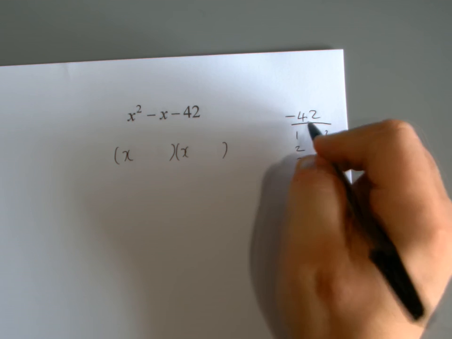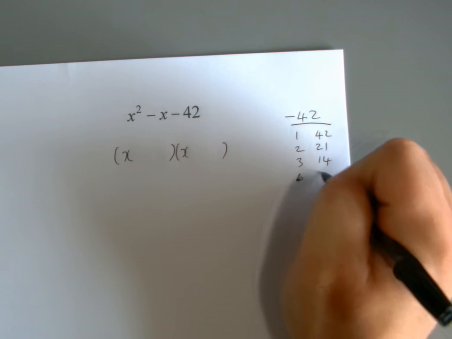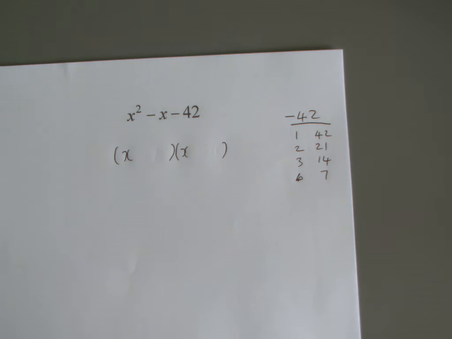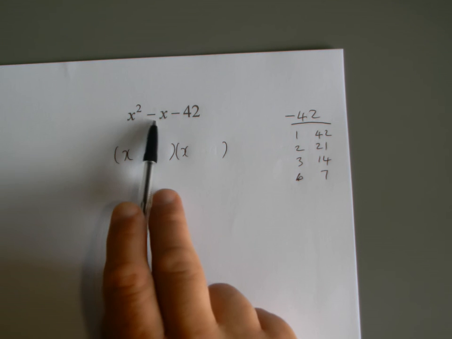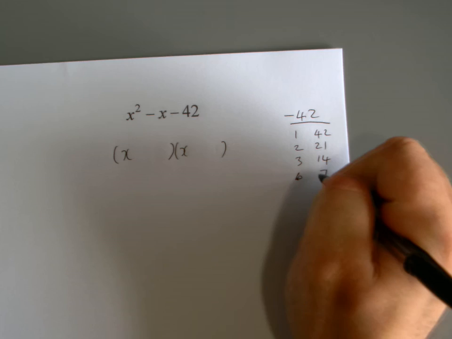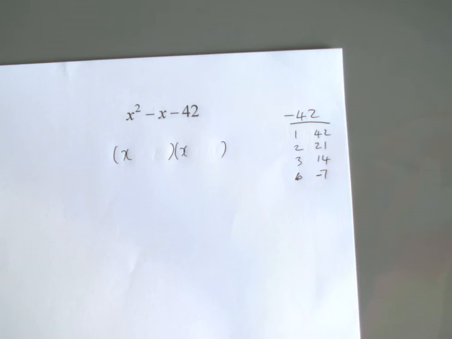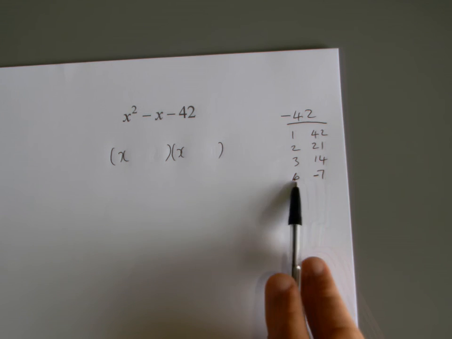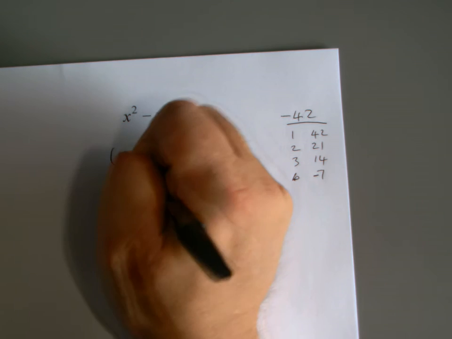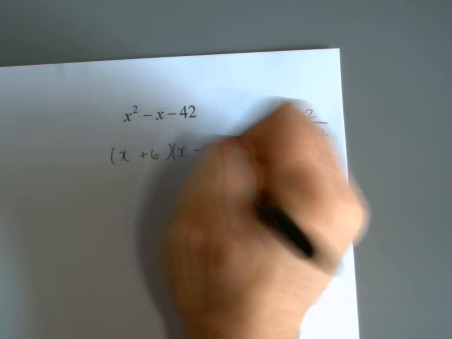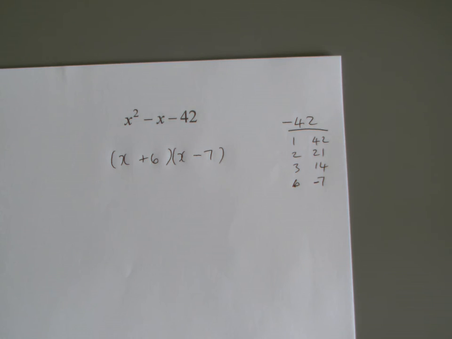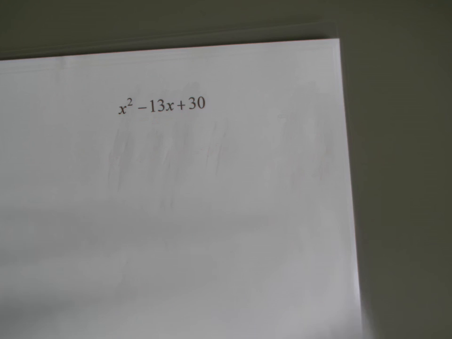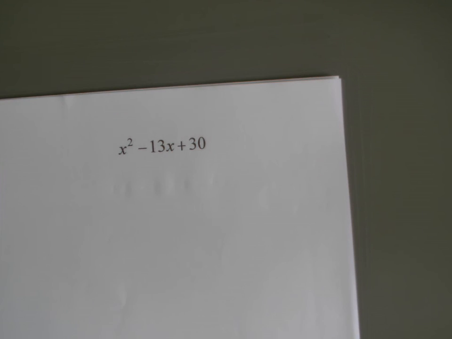4 then, well, 4 doesn't go into 42, 6 does, though. 6 times 7, well, that will work, won't it? I can get that to add up to give negative 1 if I make the bigger number negative. So I've got negative 7, add 6 is negative 1, so we've got positive 6 there, negative 7 there. That will multiply and work for us. Okay, so then this one, then we've got